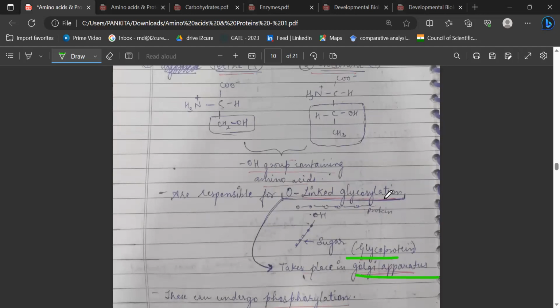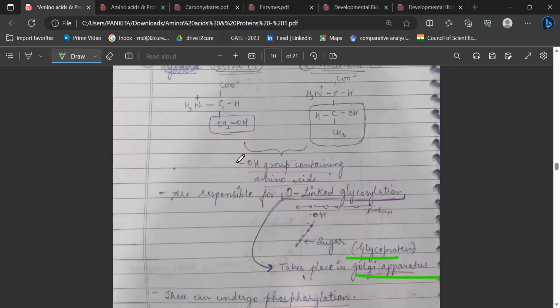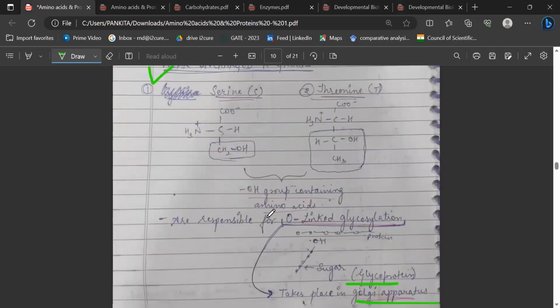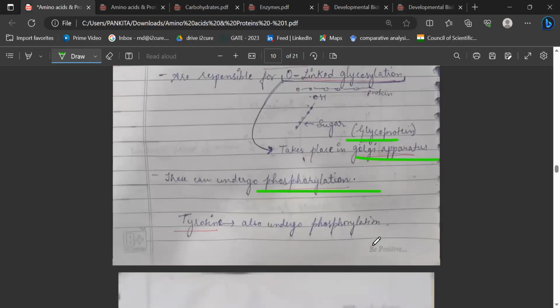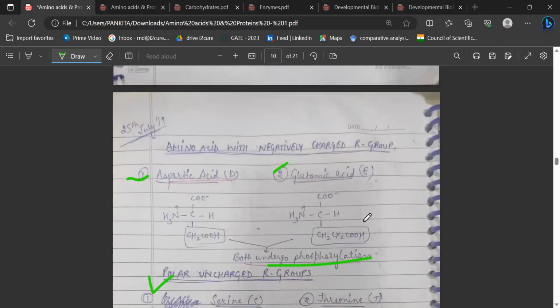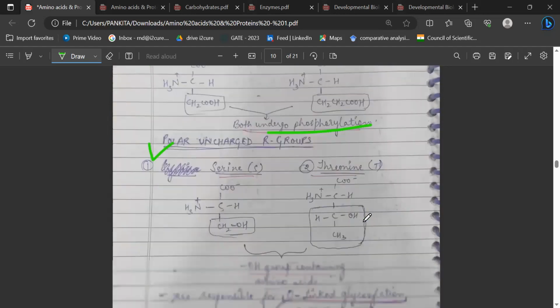Basically, for glycoproteins, the O-linked glycosylation that happens in the Golgi apparatus, serine and threonine are responsible for that. Serine and threonine can also undergo phosphorylation, and tyrosine can also undergo phosphorylation. So basically we have 5 amino acids which can undergo phosphorylation, which include aspartic acid, glutamic acid, serine, threonine, and